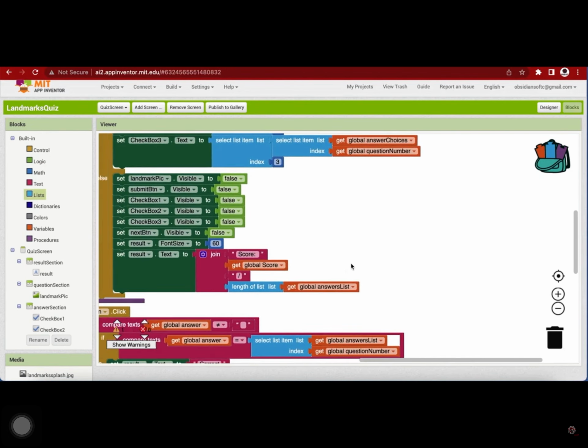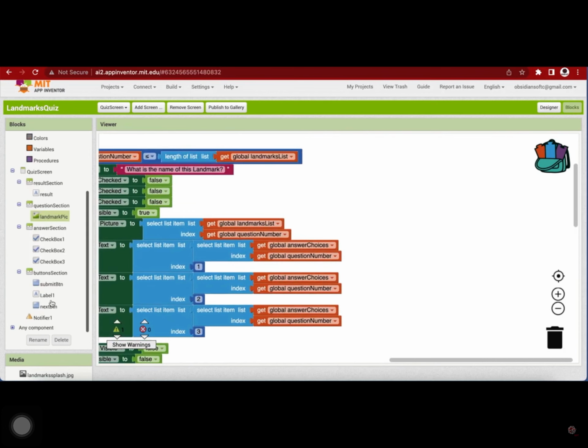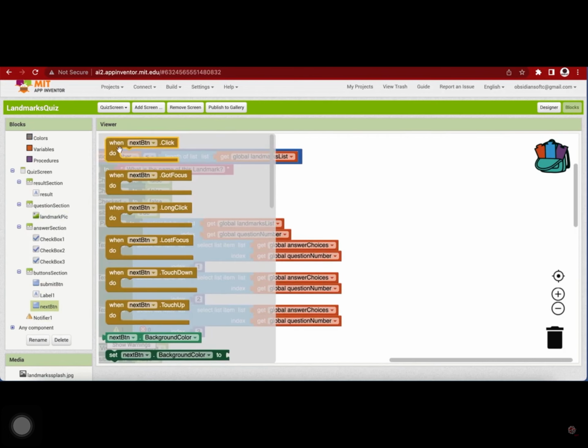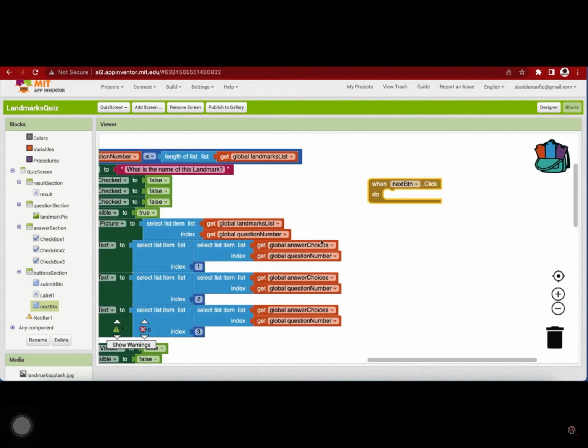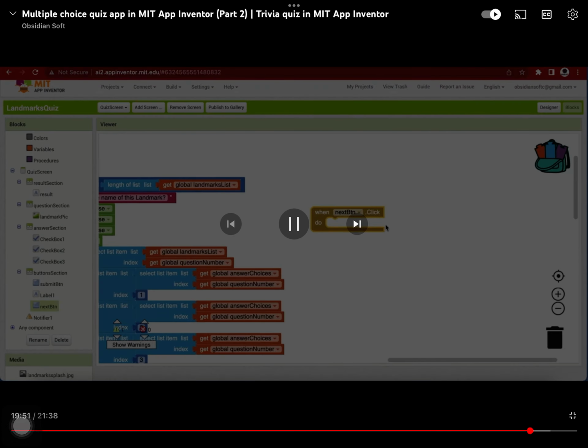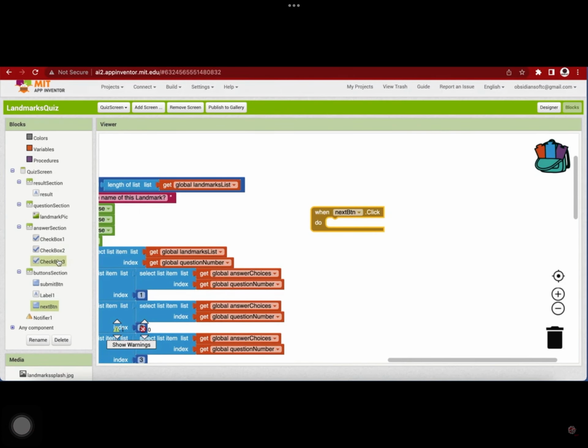Okay, so what next? Our next button code is very simple, that when next button is clicked, I am going to add a 1 to my question number, and I'm going to call my setup question procedure,